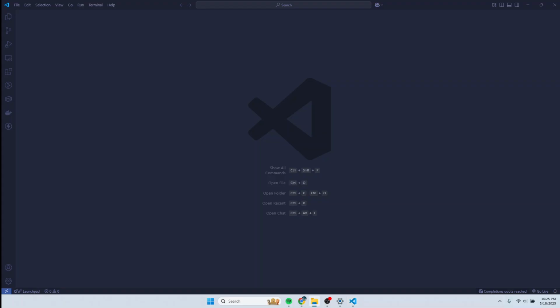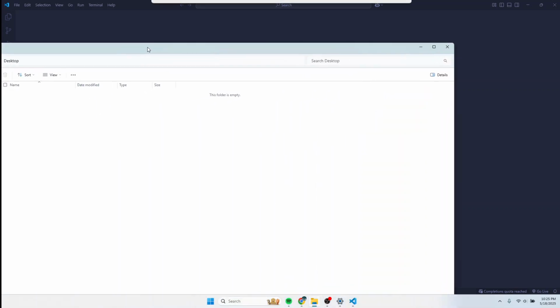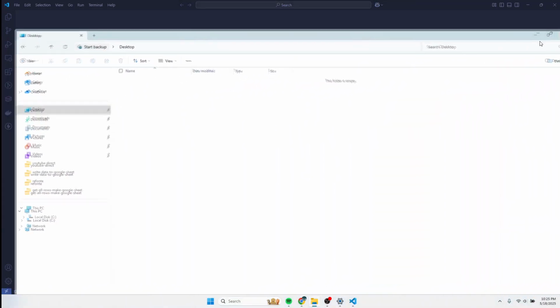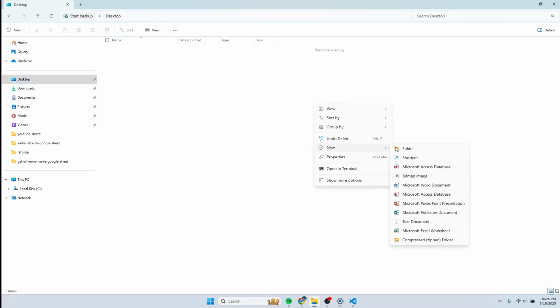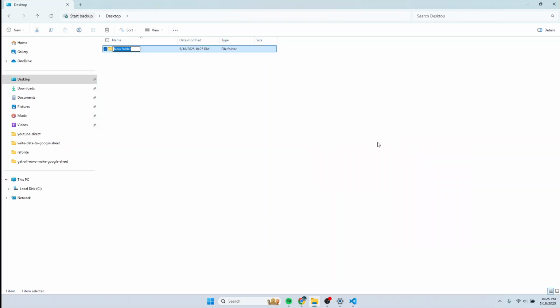So I'll just bring in my file explorer, and then I'm going to my desktop folder or sub section, then right click and create a new folder. Then I'll call it HTML. Let me just write in small letters or lowercase. So I'll call it html5-2025